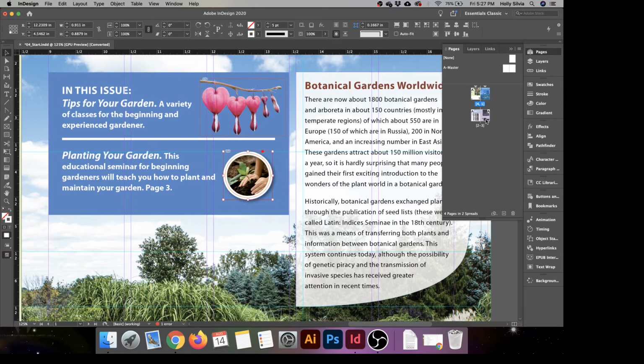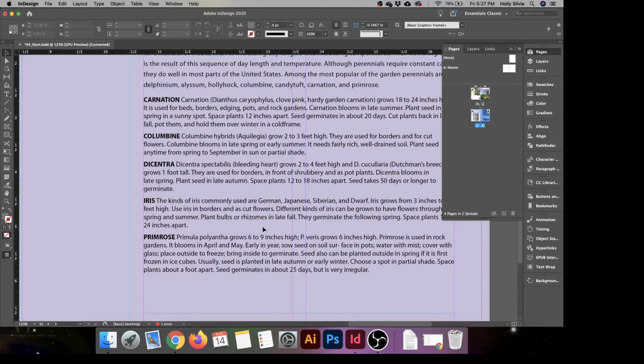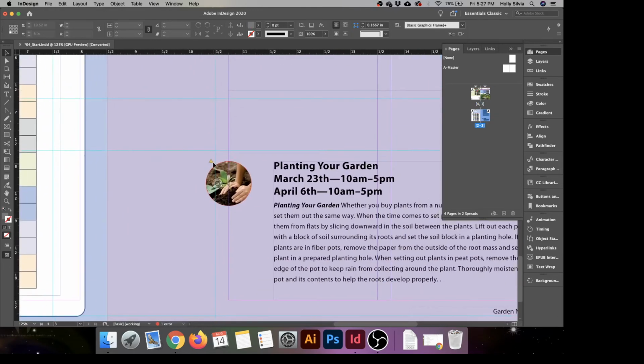But if we go back to page 3, you'll see that it has a warning symbol on it. That's telling us that one of them has been modified, and it's asking us if we want to modify the other one as well. So you can just click on that, and it should update it. Okay, so